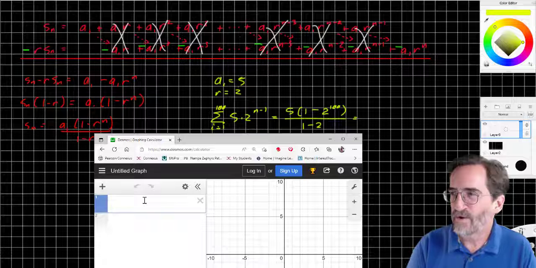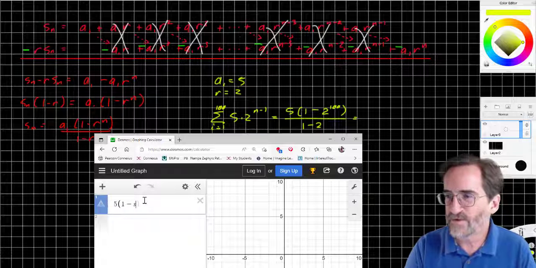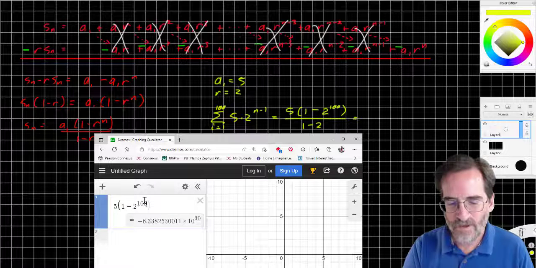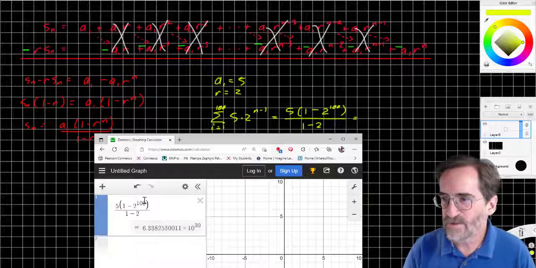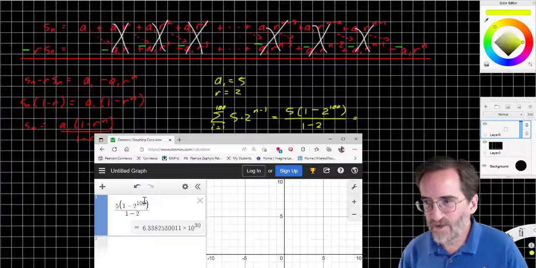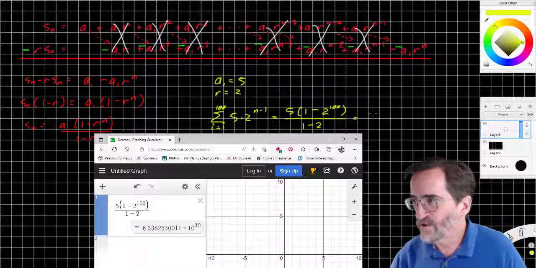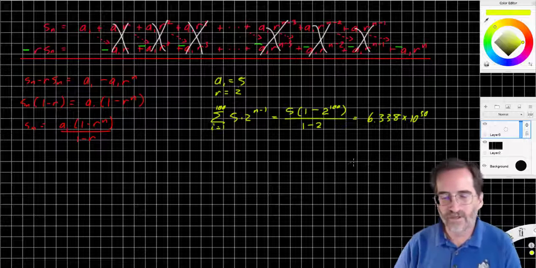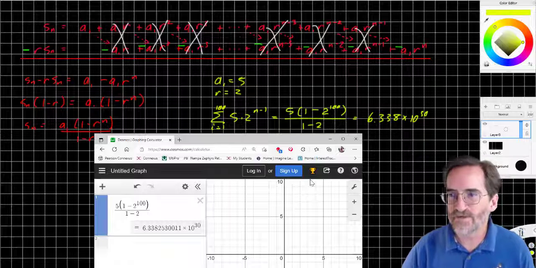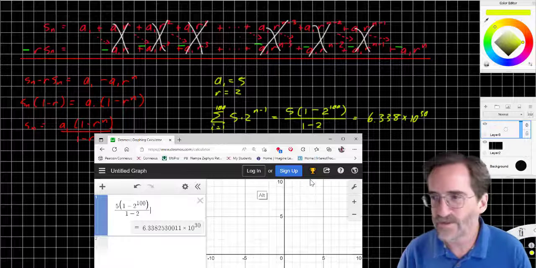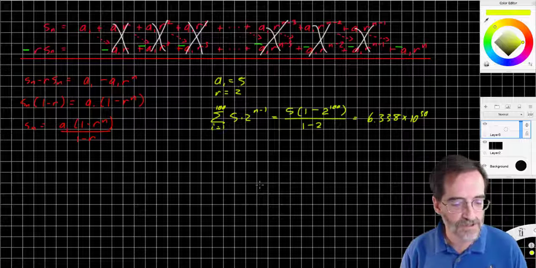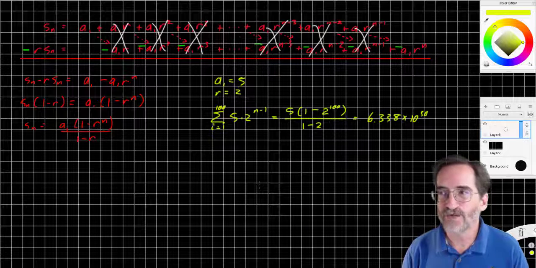Okay, here we go. So 5 times 1 minus 2 to the 100th, all divided by 1 minus 2. 6.338 times 10 to the 30th. Now of course that is rounded. 10 to the 30th means that decimal is going to be moved over 30 places. So it's a very, very large number, and that's because a geometric series grows exponentially,